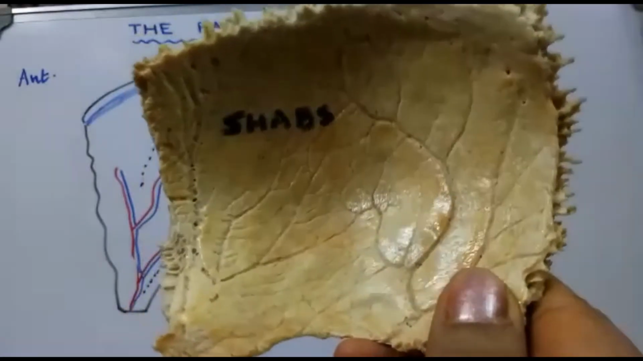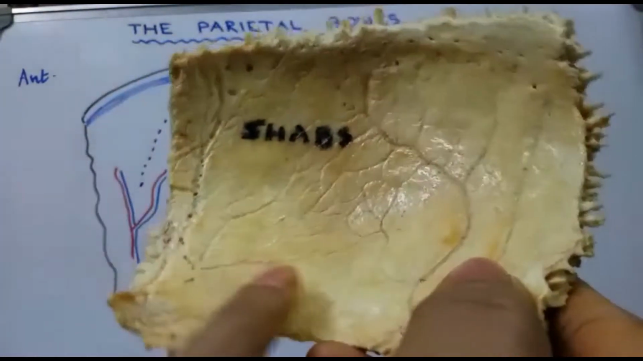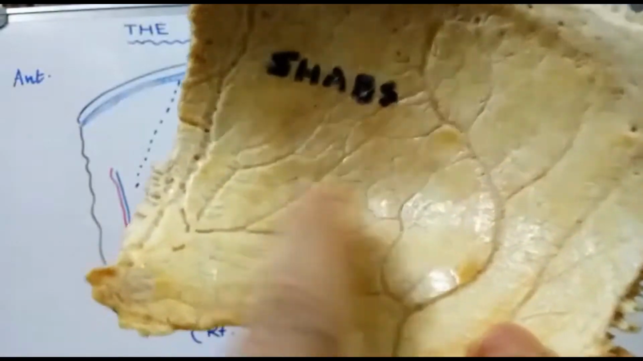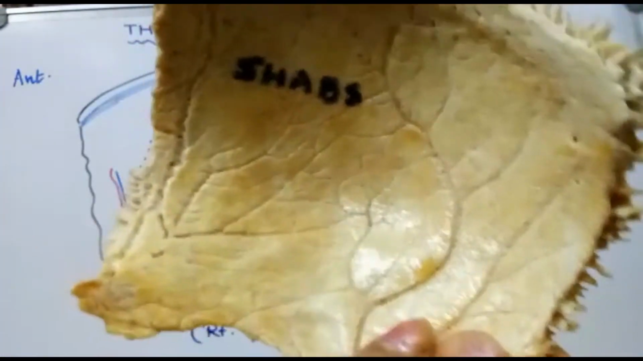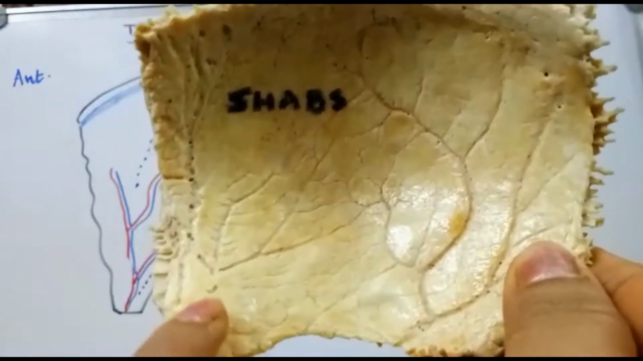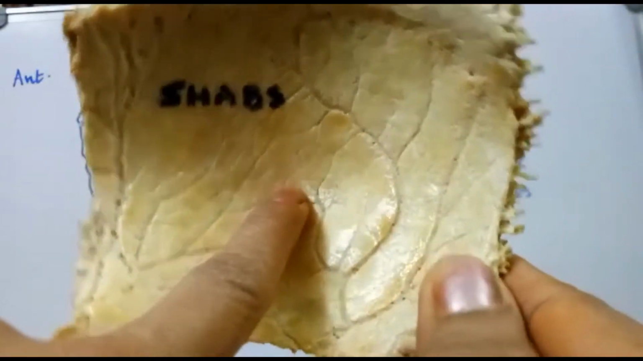Now let us learn about the internal surface. As you can see, the internal surface is uneven because of the impressions of the cerebral convolutions, that is the gyri, and it has a number of grooves. These grooves are formed by the middle meningeal vessels. See, this one is running from the antero-inferior angle upwards and backwards. This is because of the anterior division of the middle meningeal vessels,